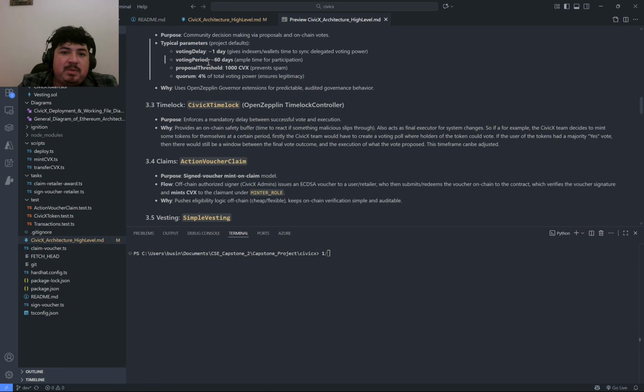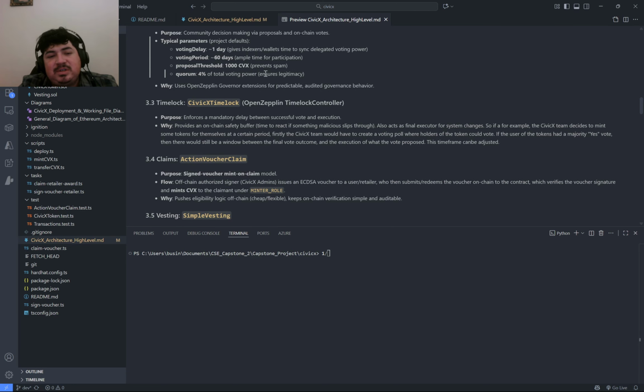So the purpose of it is decision making via proposals and on-chain votes. So, for example, letting token holders vote on new proposals set by the CivicX Foundation. They'd be able to get notifications and then vote, and the power of their vote could be based on the amount of tokens they hold, CBC tokens, or it could just be based on their single wallet. So there's a lot of ways you can go about it, but it's there,